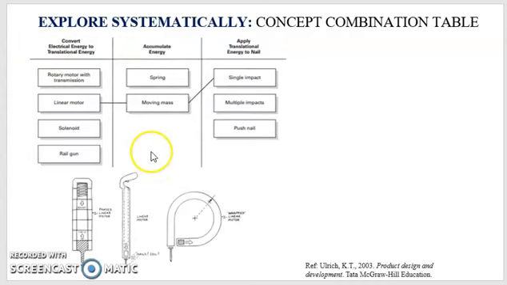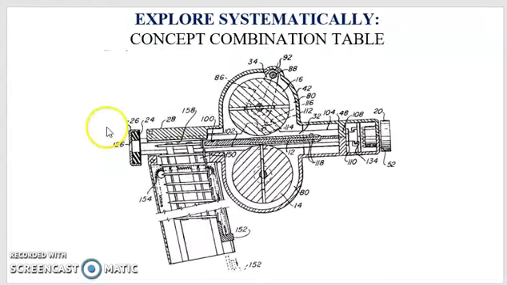This figure shows another solution obtained from the combination of a linear motor and a moving mass, which will provide a single impact. A linear motor accelerates a massive hammer, accumulating kinetic energy that will be delivered to the nail in a single blow. Using 3 types of linear motor, the first one is the phase linear motor, then the simple linear motor, or the wrapped linear motor, provide 3 possible conceptual solutions for this problem.